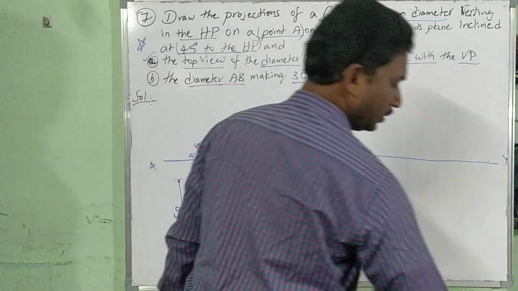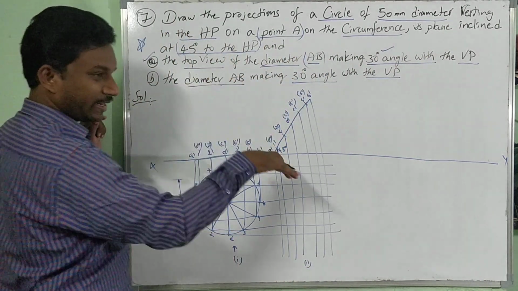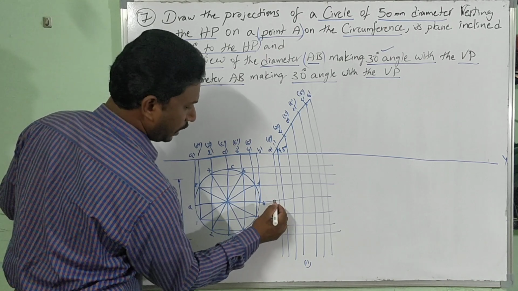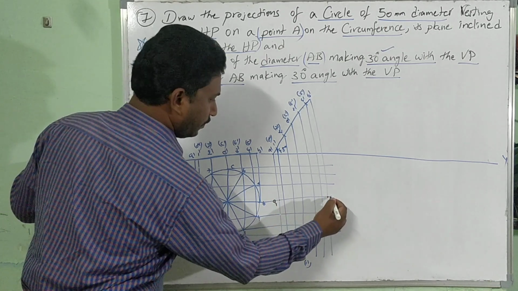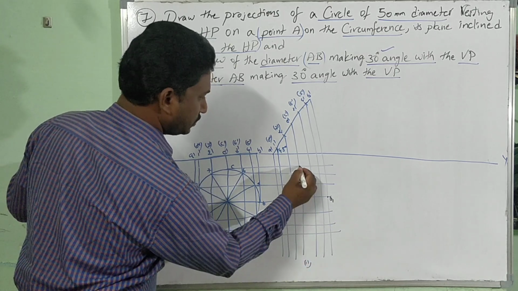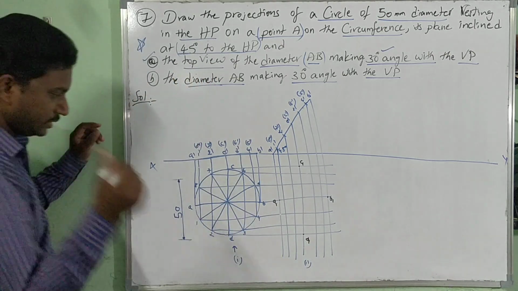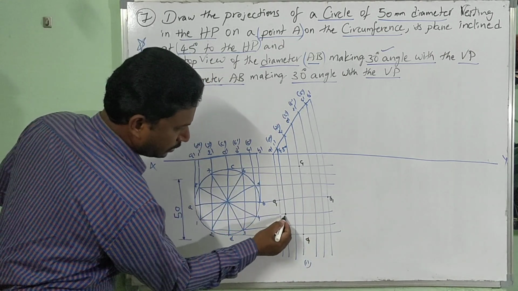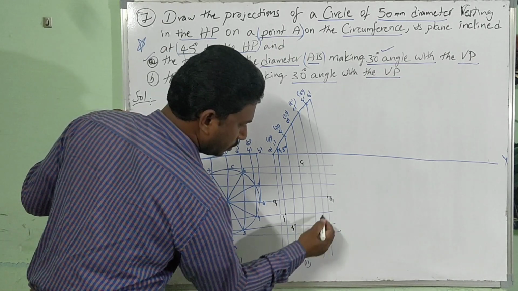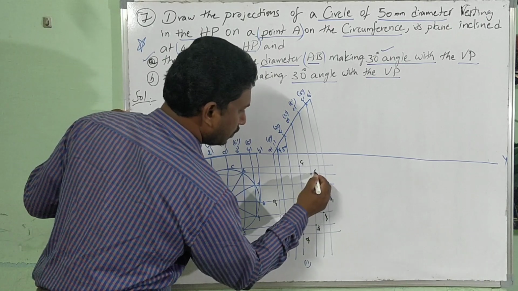See, same, we get the intersection of all horizontal projectors and vertical projectors to project the second stage top view. Now the intersection points give the new shape: A to A1, B to B1. I'm just picking the points, C to C1, D to D1. Now the rest of the things here: 1 1, 2 1, 3 1, 4 1, 5 1, 6 1,